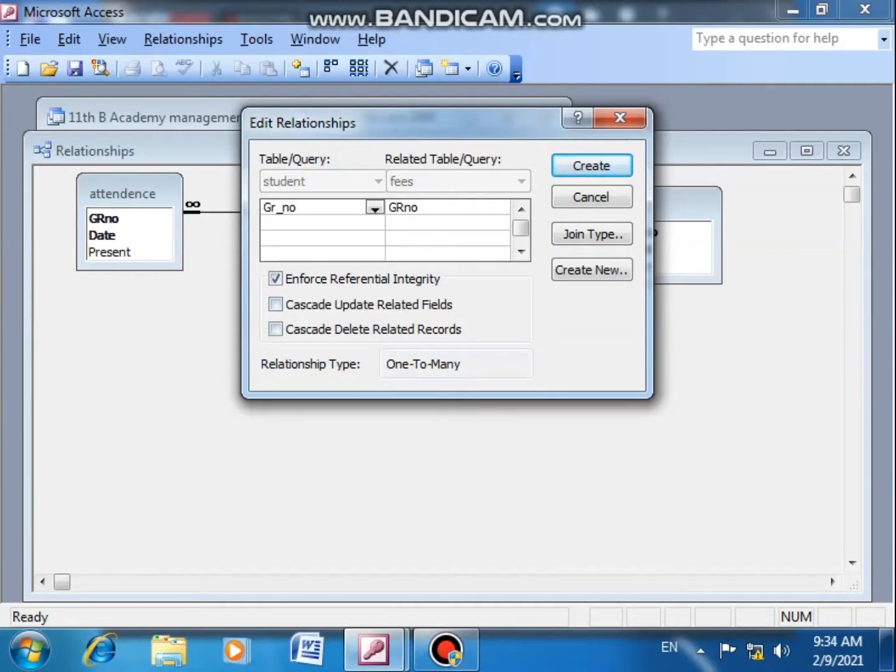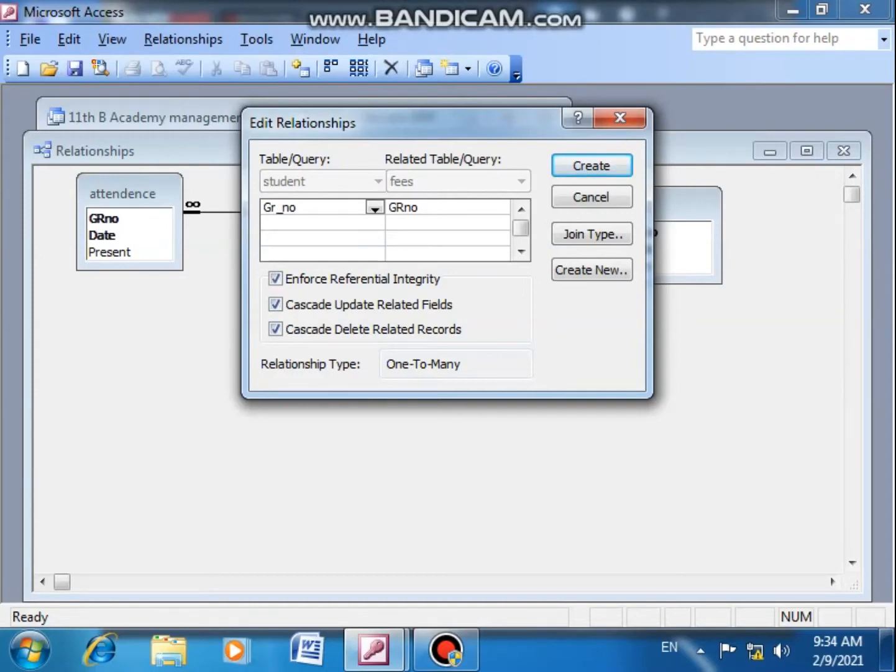Here you have to again click cascade update related fields and cascade delete. Cascade update means that if you do any updating in the master table, it will automatically be updated in the child table. Cascade delete means if you delete any record from the master table, it will automatically be deleted from the child table. These two are not compulsory; it depends on the usage of your database.